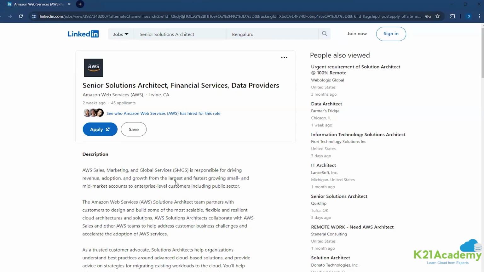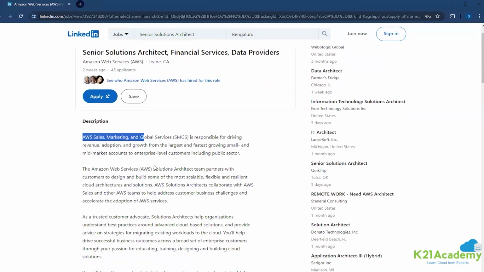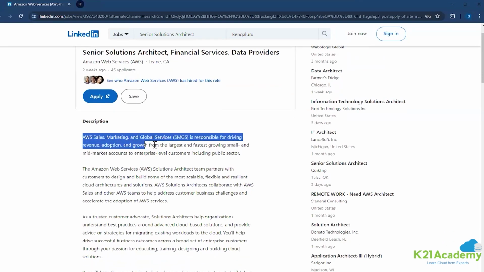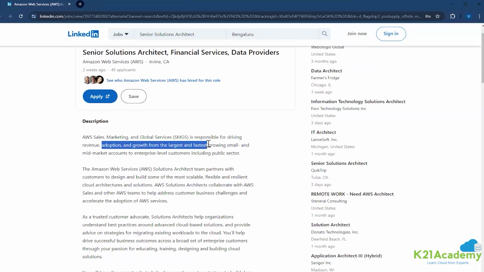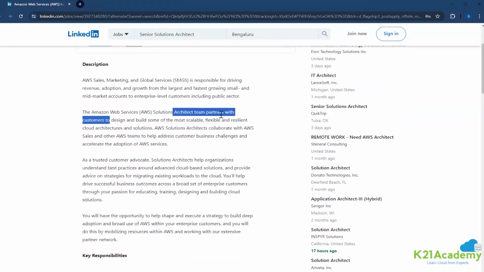So these are on the theory. It clearly says you will be part of the sales and marketing group. It is mainly for running revenue generation and migration, pitching cloud to customers. But as a solution architect, you will be working with the sales and marketing team. You are the technical person who will go for the meetings or connect with your customers along with the sales and marketing team, to propose the right solution for the current issues and services that they're facing. It must be flexible and resilient.